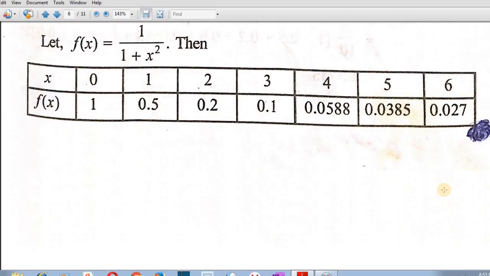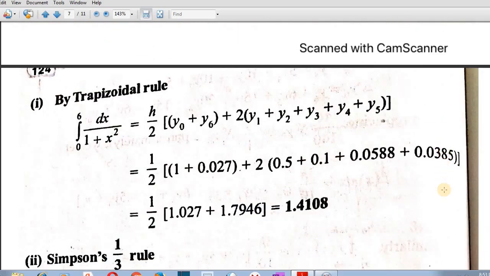Next we have to use that formula. It is the trapezoidal rule. This is the formula. There are y0 to y6 values. The first value and last value go in one bracket, the corresponding values we have to take here. 2 is as it is. Substitute the values of y1, y2, y3, y4, y5. Complete values we have to add here. Do the simplification, and I will get the value of the given integral by the trapezoidal rule. It is 1.4108. Right? The same thing I can write in the program also.